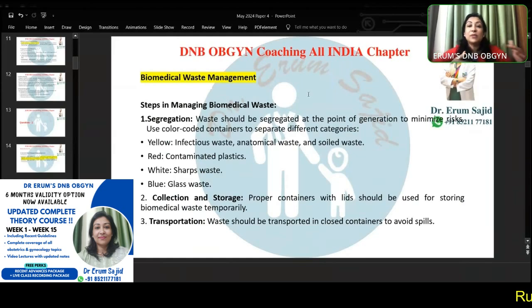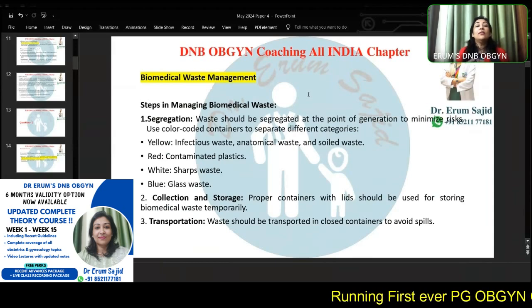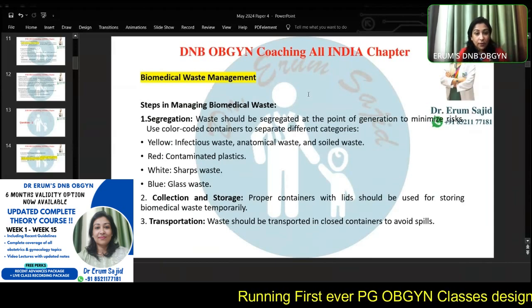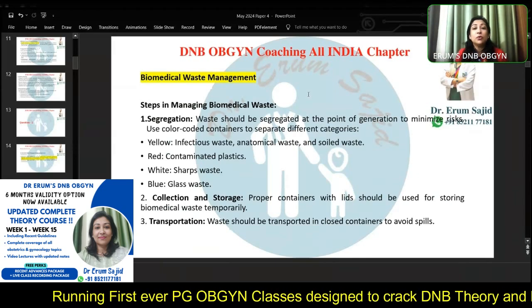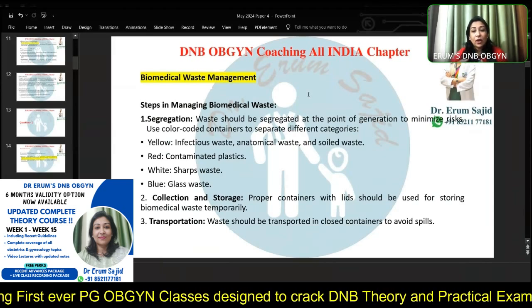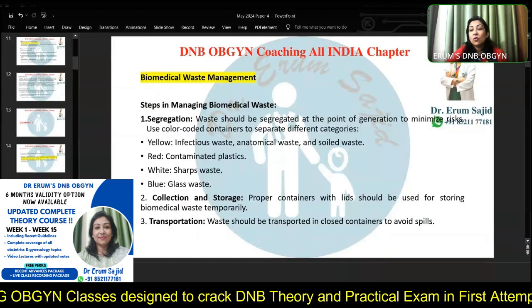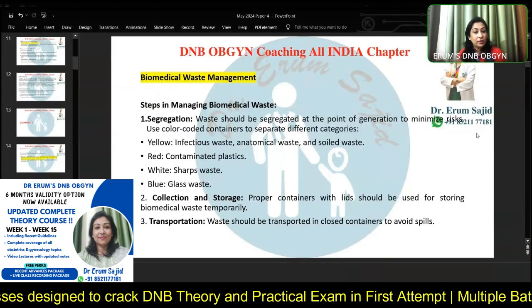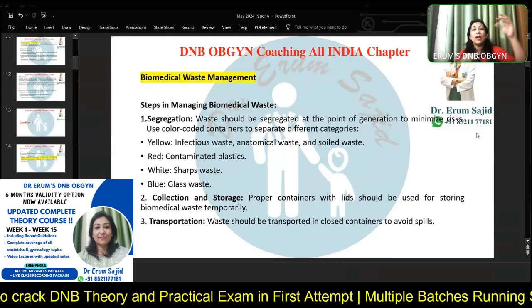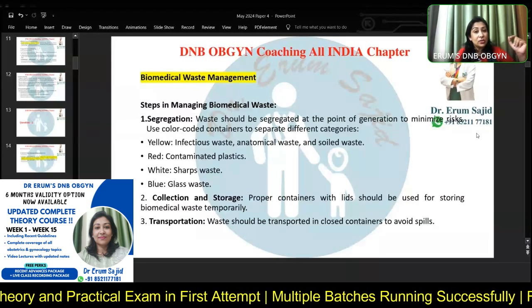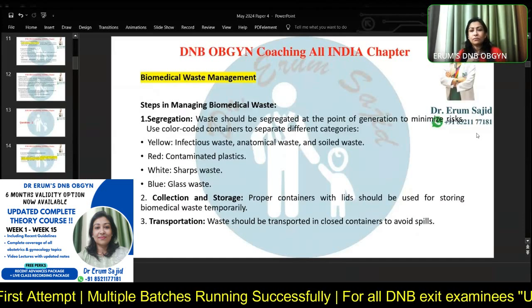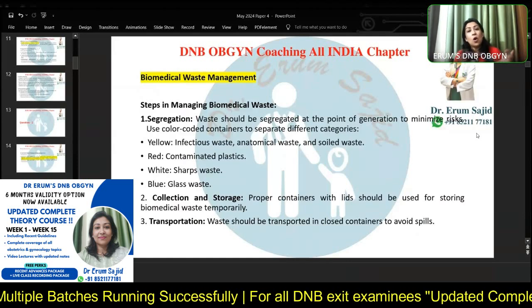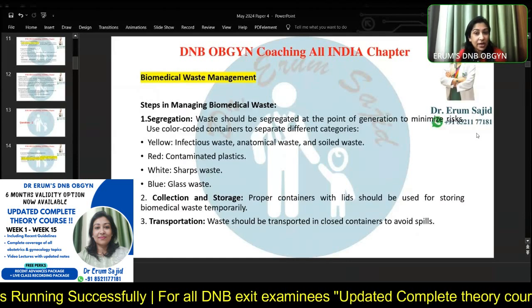Okay, so there are certain steps involved in biomedical waste management. Everybody who's working in one of the big institutes, the NABH accredited, they know that you have to first of all segregate, color code the containers to put the waste properly. Okay, so usually you use which dustbin? You use the yellow dustbin, or you use the red dustbin, right? So mostly contaminated plastics are thrown in the red dustbin. So all your IV cannulas or your IV sets or those IV infusion bottles, they're all thrown in the red dustbin. And your gloves and the placenta and all the mops and everything which you want to throw, they get thrown in the yellow dustbin, right?